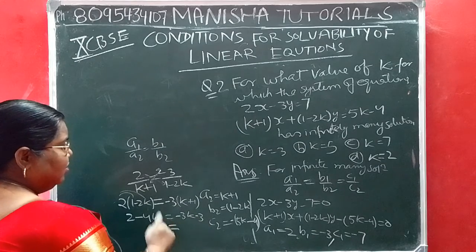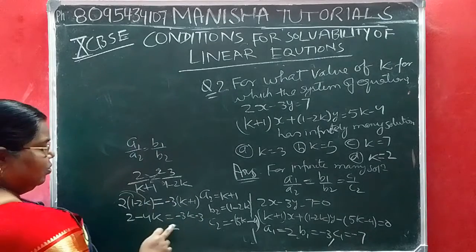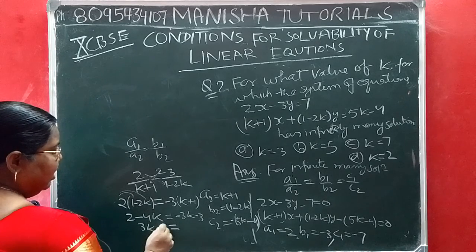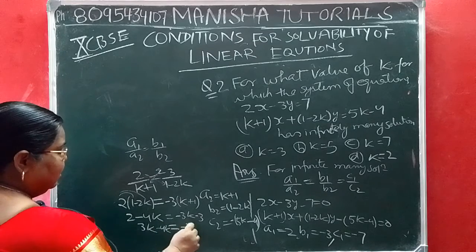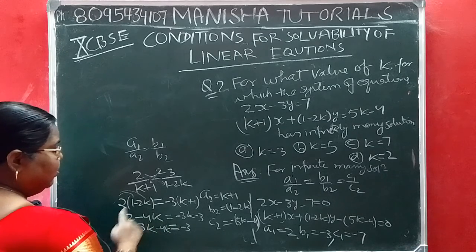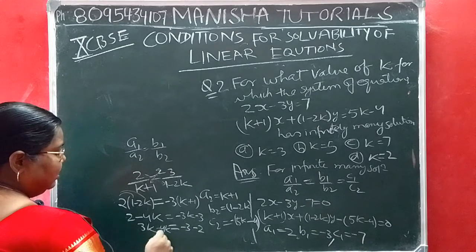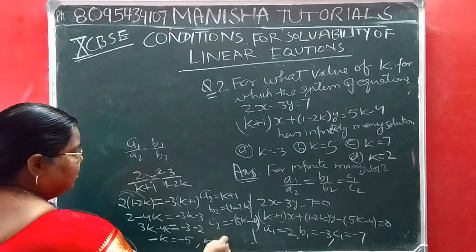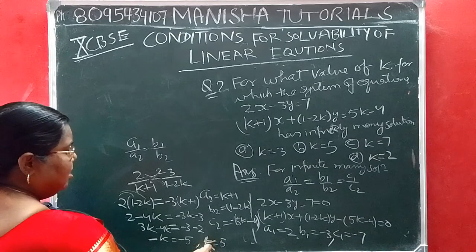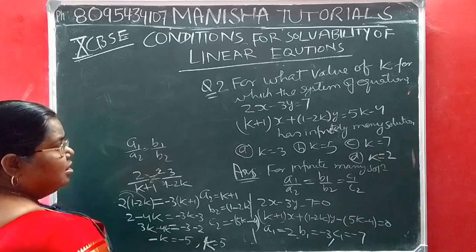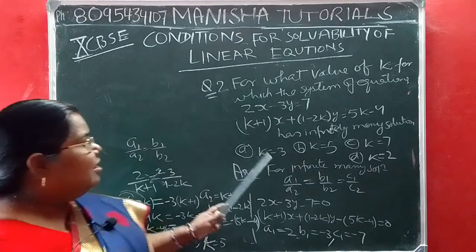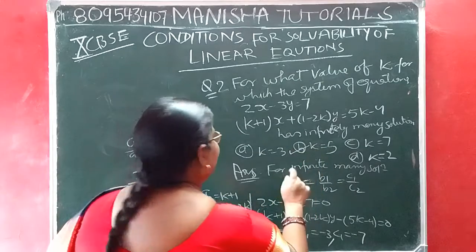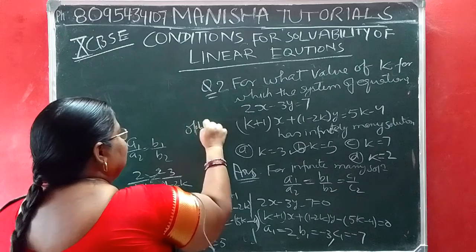Then, always maintaining the equal sign, bring 3k to this side, the minus sign will be positive: minus 4k plus 3k, and the 2 will go to this side as minus 2, minus 3. So minus k equals minus 5, the minus signs cancel, then k equals 5. We have the value k equals 5. Among the options, the second option B, k equals 5. Very good. Option B is the answer.